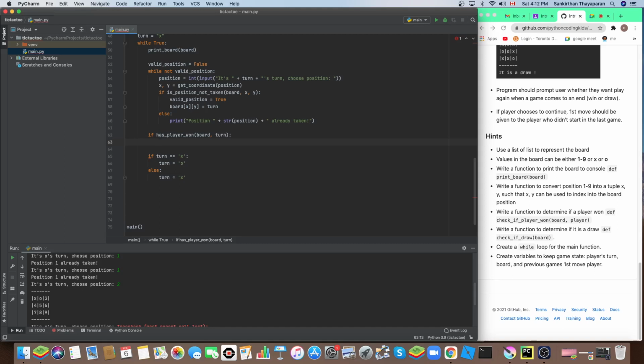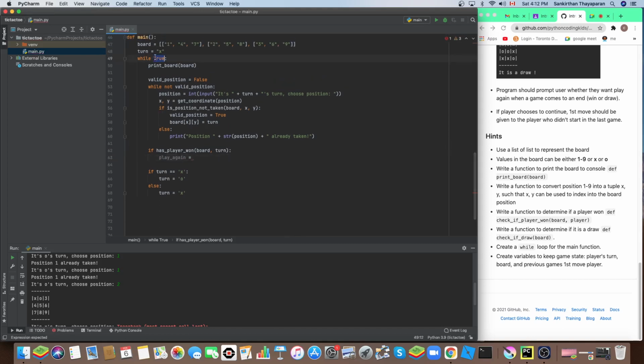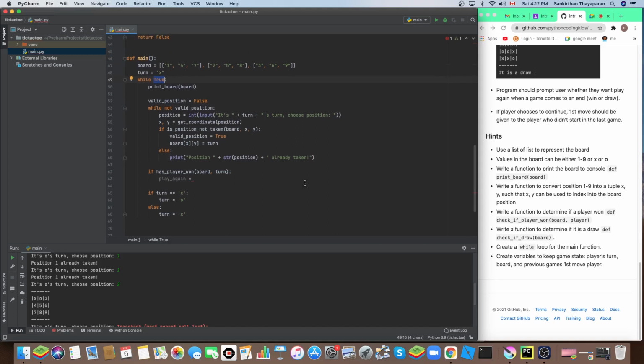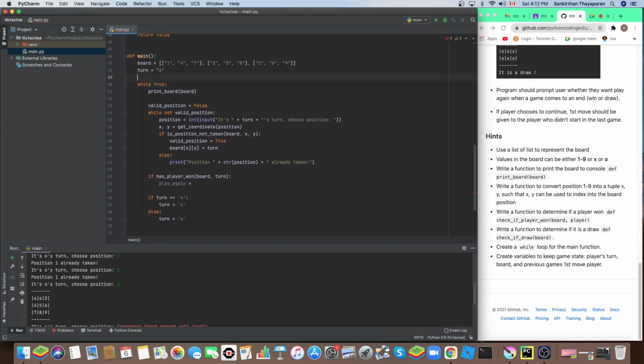Let's ask the user, continue or not, play again. I'm going to create a variable play again. So actually, this true, let's change this to be not true but rather another boolean. Okay, let's call this play equal to true. So while play, this is going to continue, and we're going to ask again here. Okay, play again, and we'll ask the user,